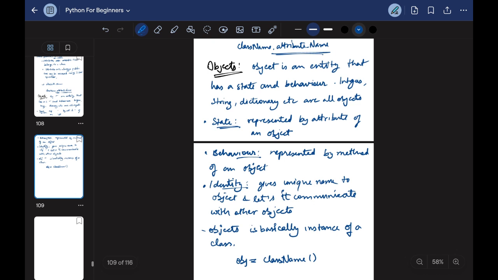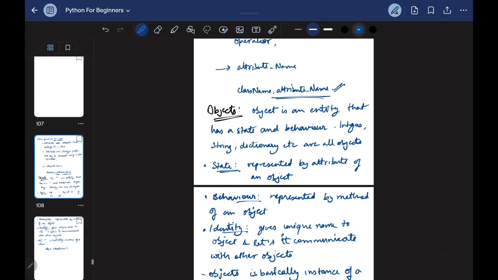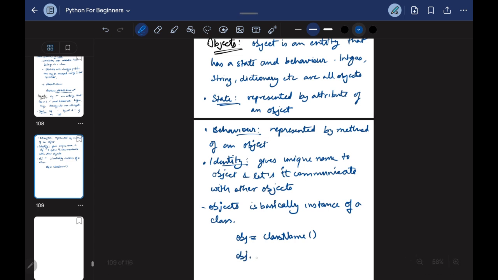And finally, an object is basically the instance of the class. So you have designed the entire class, you have multiple functions and variables inside of it, and you want to instantiate that class so that you can use it in your code somewhere. The creation of that instance of the class is the object. Fine. So instead of the class name, now you can do object dot attribute name. This attribute name can be a function or another attribute inside that particular class. Okay,